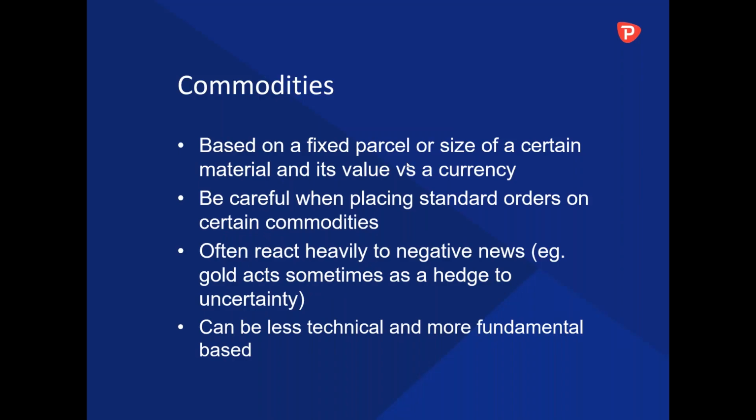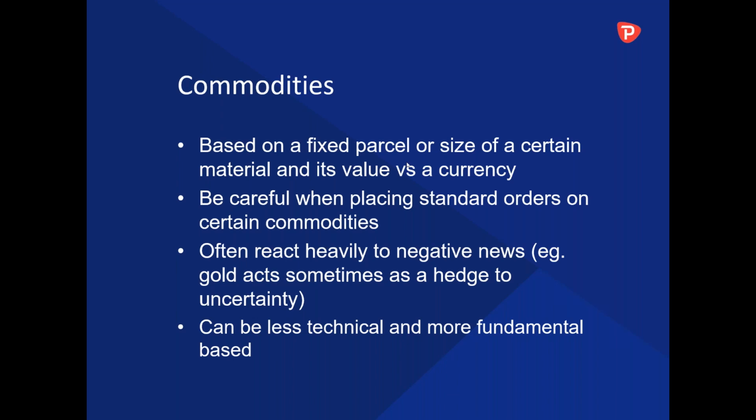So with commodities, they're based on a fixed parcel or size of a certain material and its value versus the currency. It's really important that we understand that it is based on a certain size or parcel, because when people start trading things like silver or gold, they may make the mistake of trading a single contract. A single contract of gold is not a single contract of currency. It is quite different. So if anyone's ever made that mistake and said buy one contract of gold, you may end up having